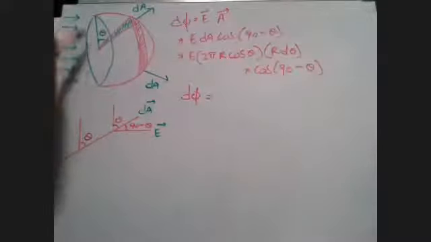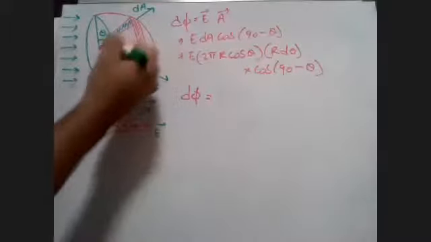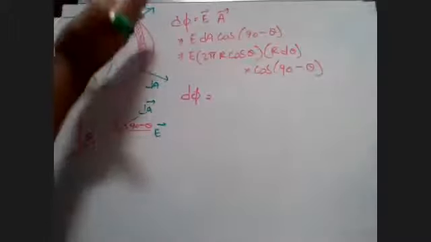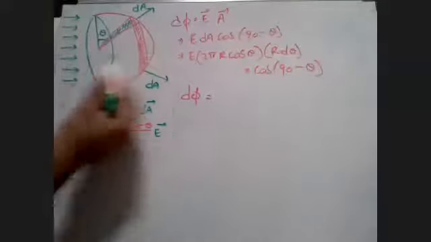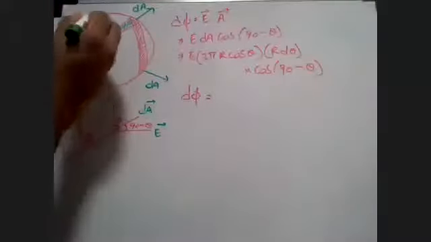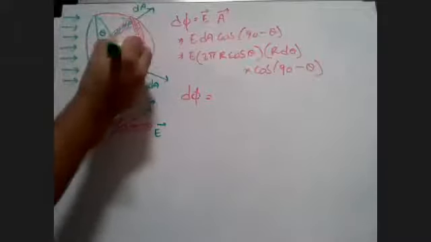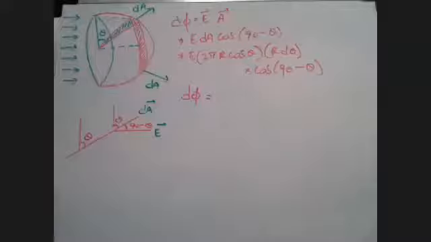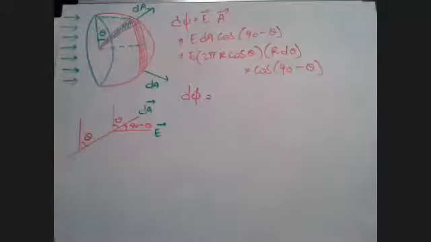Say suppose this is r. The component of it on the y-axis is going to be r cos theta. The component on the x-axis is going to be r sin theta. So what is r cos theta? Basically, if I draw it, it will give you the radius of the ring. You can see that it will give you the radius of the ring. Is this clear? Okay. r cos theta is going to give you the radius of the ring.